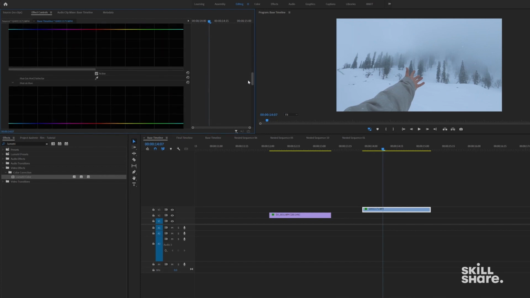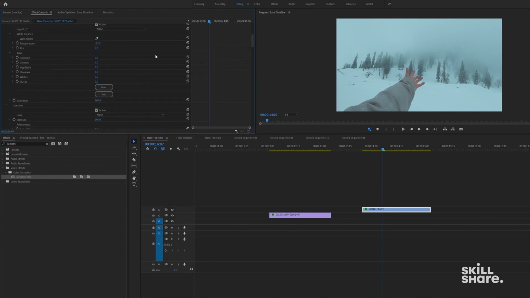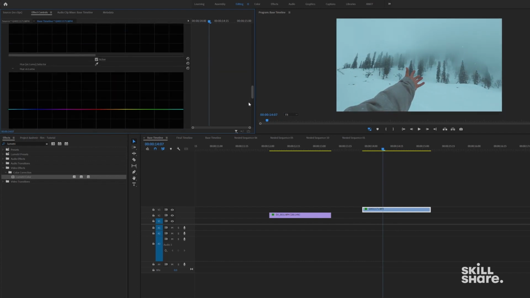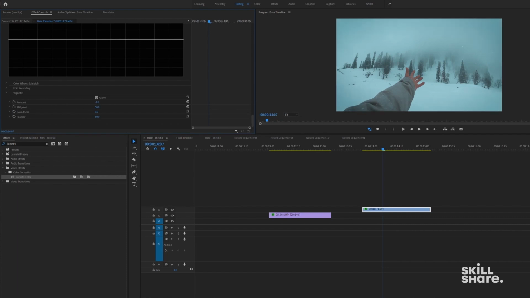Now see this blue. I don't like this blue. So what I'll do is I'll just go to the hue saturation curve, and here I'll change the color of the blue. See? And if you want to increase a little bit of contrast, you can go to the basic correction. You can change all of the settings. It's all here. You can play with that. And sometimes, to create a moody look, what I do is I go to the vignette, and in the vignette, I just change this to -5, increase to 100, and see with and without. It's a slight difference, but that changes the vibe.